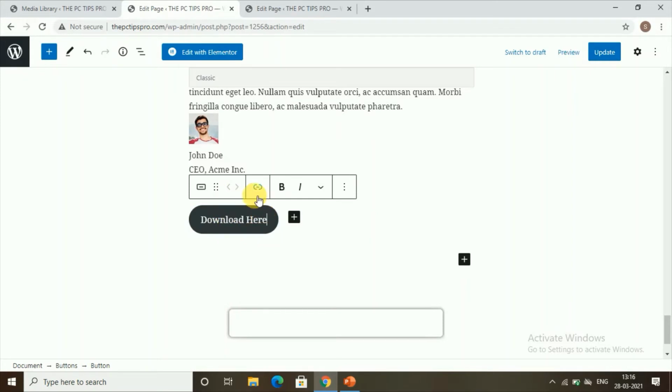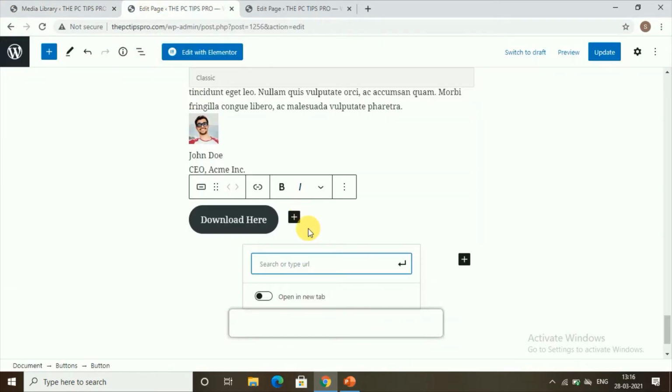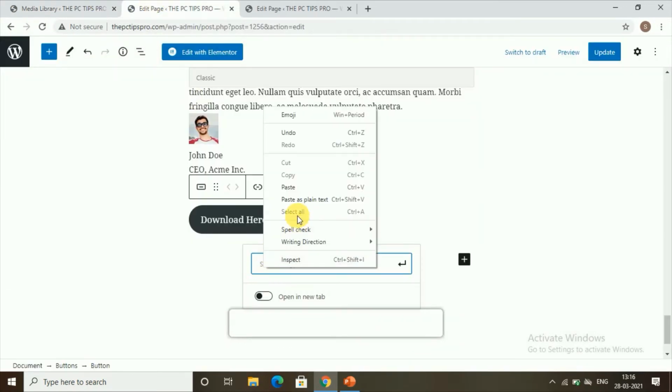Now click on this link icon, and now we need to type our URL of the file that we want to attach over here in order the visitors would download it. So we'll go back to this media library, and now copy this URL to the clipboard, and then let's get back to the edit page and paste your URL over here.